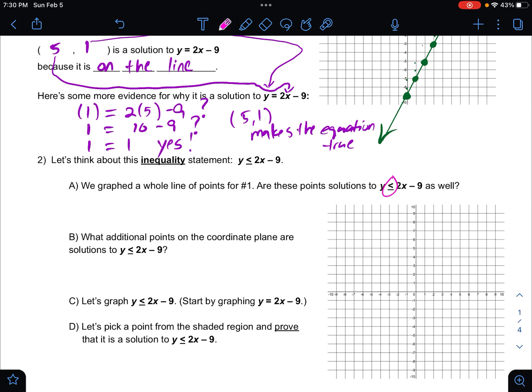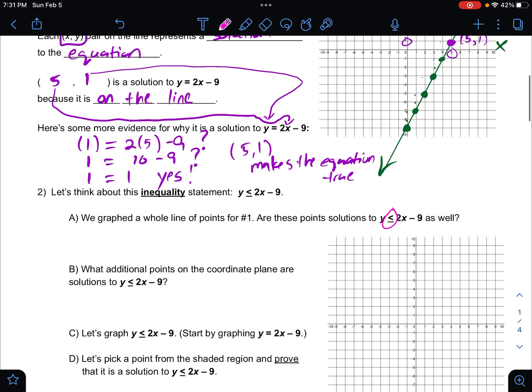Are these points solutions to this inequality as well? So if we change the equal sign to a less than or equal to sign, is that still true? All right, and then if we think about that, since it's less than or equal to, then yes, if we checked our answer,